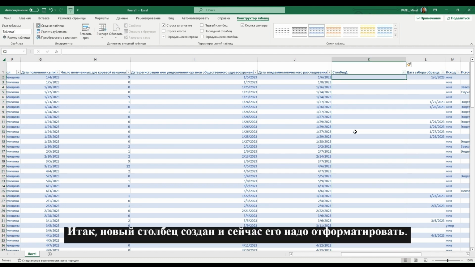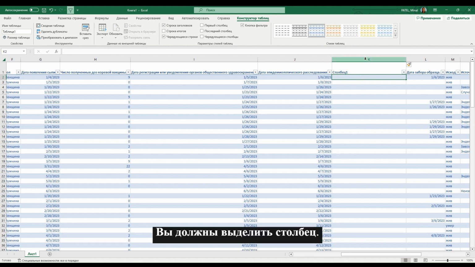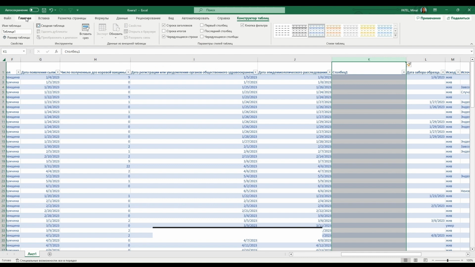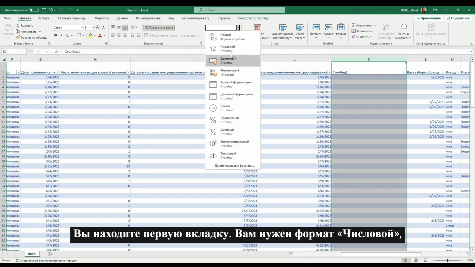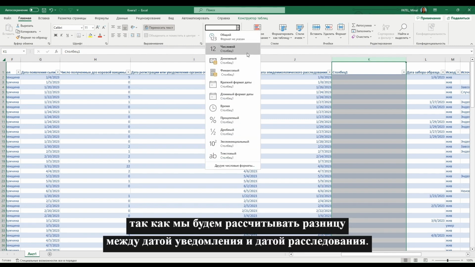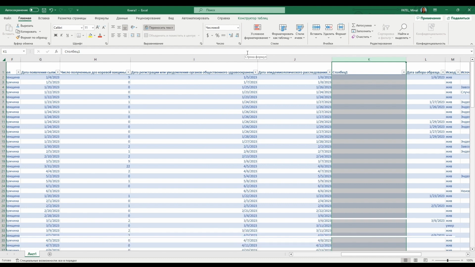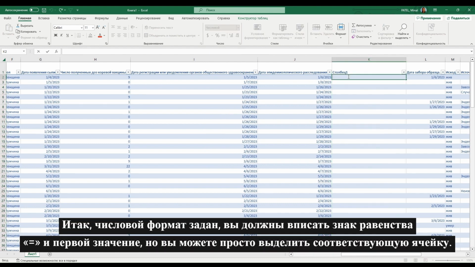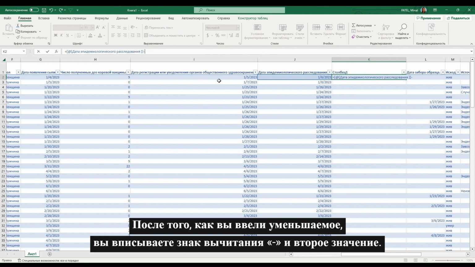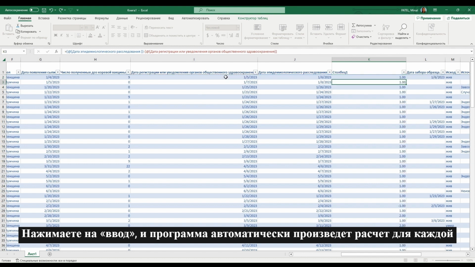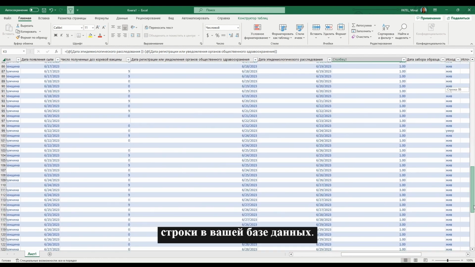So now that we've created a column, now we need to provide the proper format for it. So you highlight the column, you go to the first tab, and now you want to format this as a number, because what we're going to do is calculate the difference between the date of notification and the date of investigation. So now it's formatted as a number. And now all you have to do is type an equal sign, then highlight the first cell. That's the first thing you want to subtract. And then the second thing. And now you just hit enter and it'll calculate it for every single row in your database,